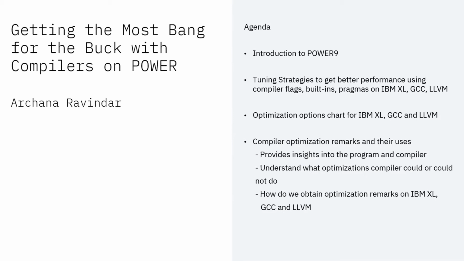I also wanted to talk about compiler optimization remarks and how they can be used to give additional insights both about your application and about the compiler that you're using, because the optimization remarks actually produce a log of what kind of optimizations the compiler attempted and what it could do and what it could not do and so on. So that's a very interesting add-on to the compilers that you could potentially exploit in your day-to-day life. So let's look at this in a bit. Let's go to the next slide.